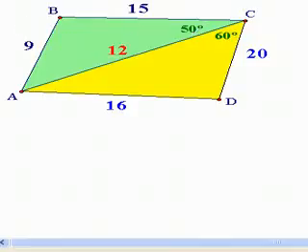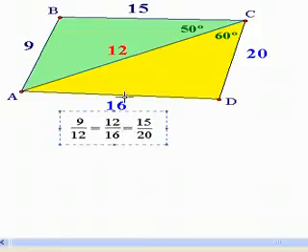So now I'm going to see if side-side-side works. There are three sides in this triangle, and there are three side measures in this triangle given. The trick is to make certain that I organize the sides. 9 is the smallest side in this triangle, so I'm going to match it up with the smallest side of this triangle, which happens to be 12. They happen to share the same side. So when I do that,